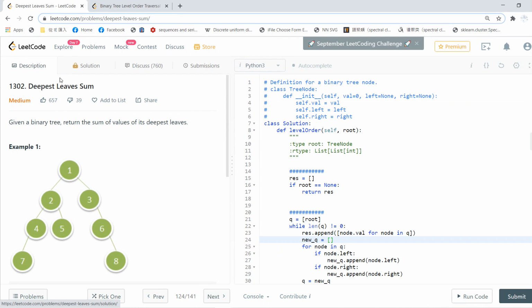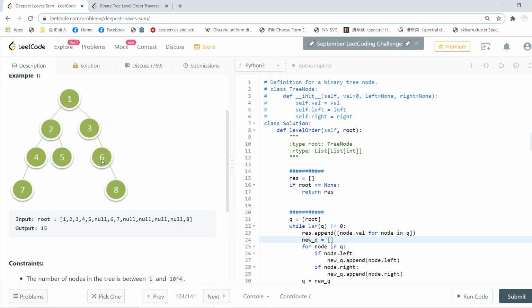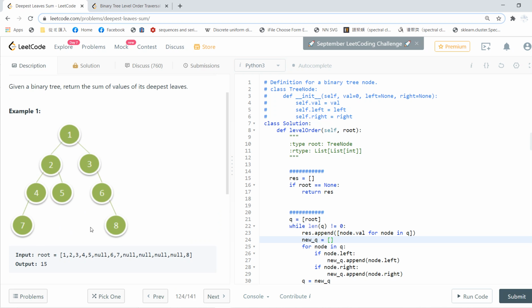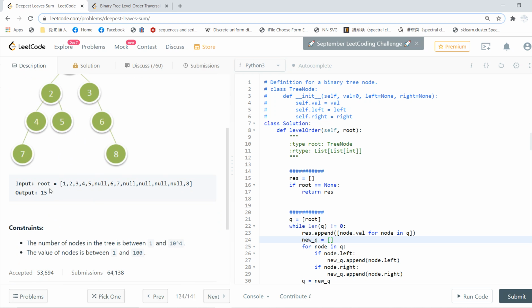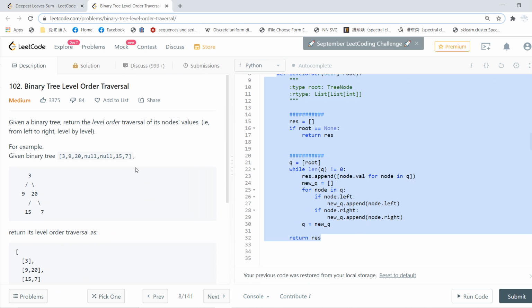This is called the deepest leaf sum. So basically, someone gives you a binary tree, then you return the sum value of the deepest leaves. So the deepest leaves for this example one are 7 and 8. Basically, you just output 15. And this can be solved if you know another